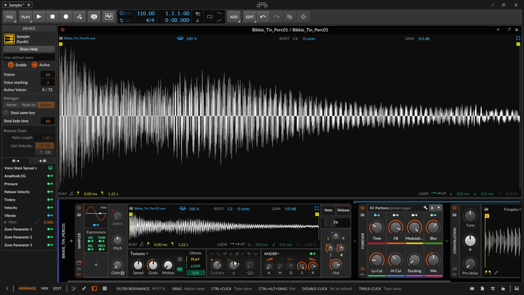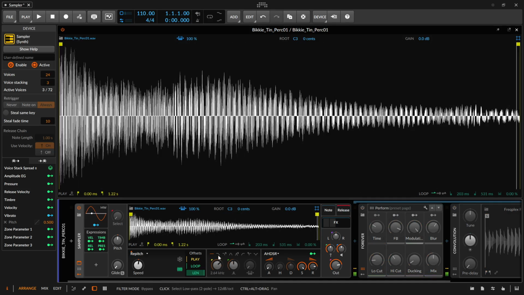We have a filter section, which most of us are aware of. By default, that's going to be off. Let's come back to the repitch mode and power our effects off. So we have a 2-pole low pass, resonance controls. Then we have a 4-pole low pass. We have 2-pole band pass, 4-pole band pass, high pass in the different modes as well. And then we have a notch filter here. We can turn on key tracking for the filter here, or adjust the amount of key tracking that we'd like